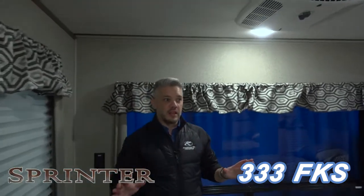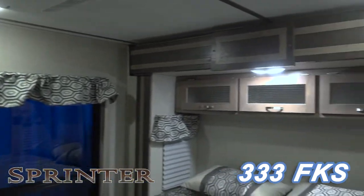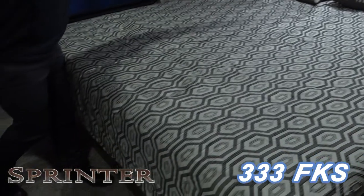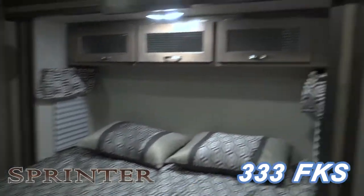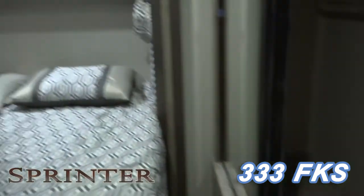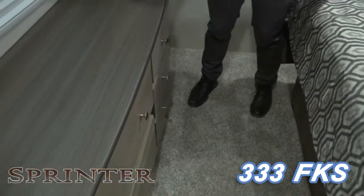This bedroom is fantastic. You cannot get a better, more spacious bedroom. You can have that door closed, easy area to change. Of course, a big 70/80 king bed with windows on either side, a full wardrobe on the front here, overhead drawers here. And then as you come around, you're getting a full bank of drawers here, nice countertop space. You can put your TV hooked up. And we added a nice little sitting